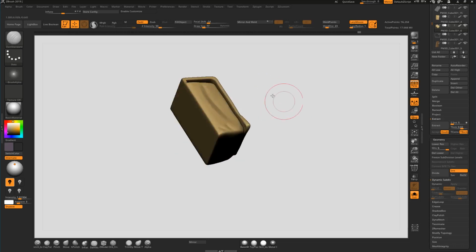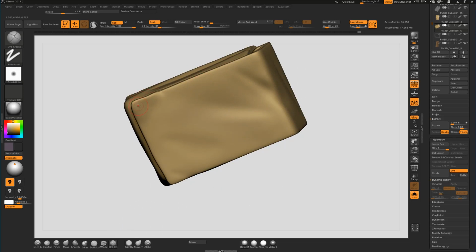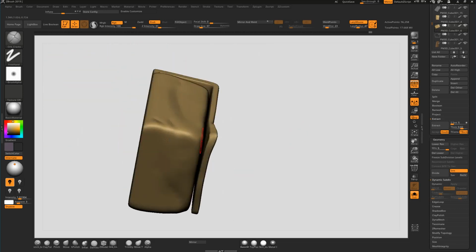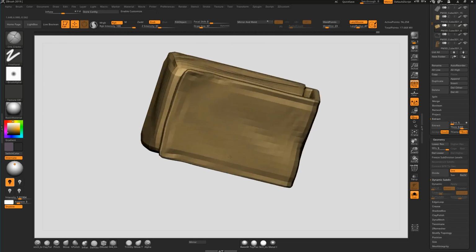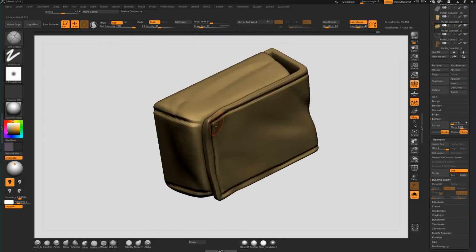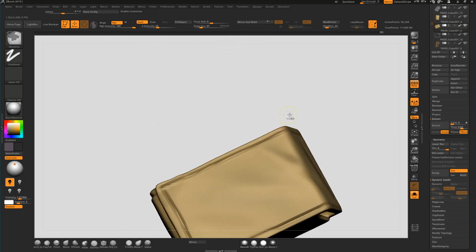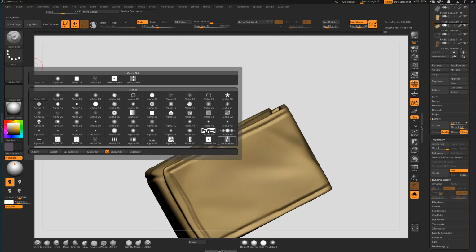But who knows? Let's make the creases or whatever this is. Here, here, and one here, and then here probably only in this area, in the bottom, like this. And then we'll go one more subdivision up and go to our stitch brush, which is the standard brush this way,